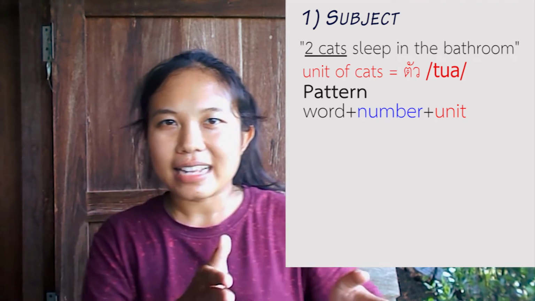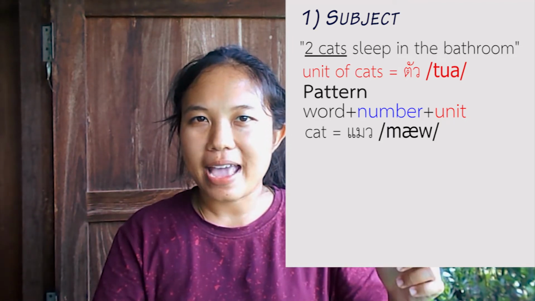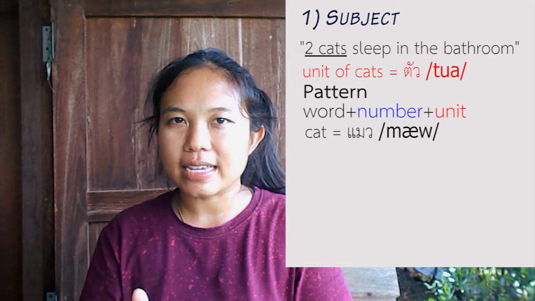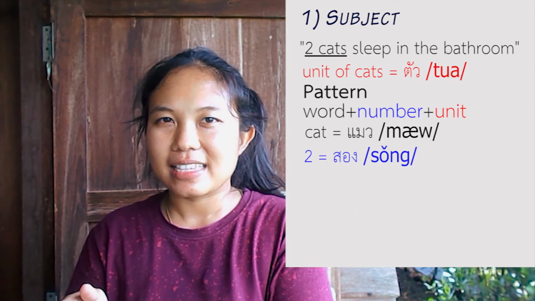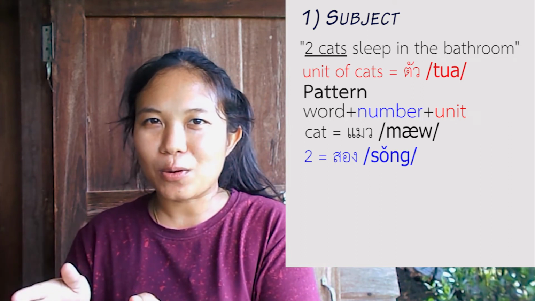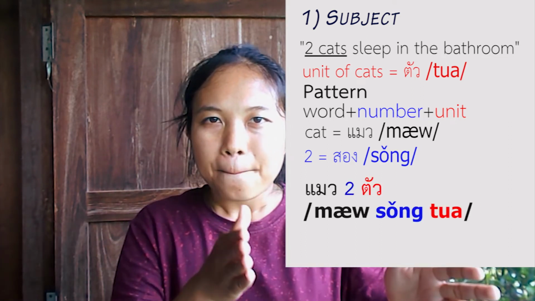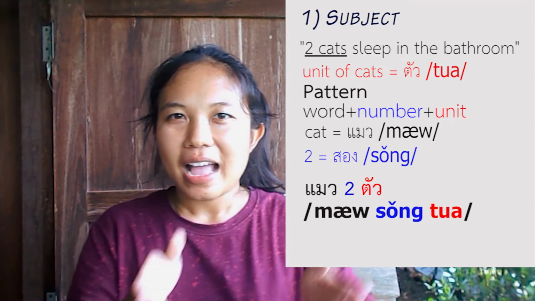So cat in Thai it is แมว, the number 2 in Thai it is 2, and then the unit of the cat it is ตัว. Then our subject is แมว 2 ตัว